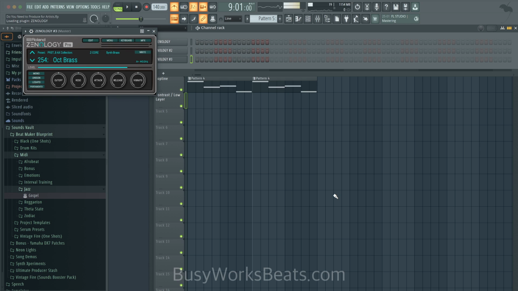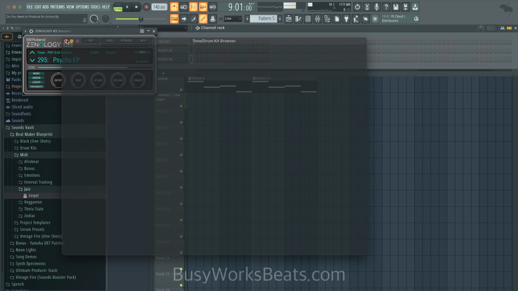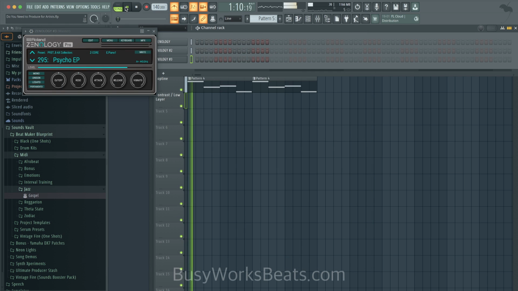So contrast is about doing the opposite of something. If your top line is doing something high and slow, maybe your contrast or lower frequencies do something faster. This doesn't mean you need to make this a bass line. It just means we're going to do something a little bit faster here. Let's hear these sounds in context. And let me go back. Boom.